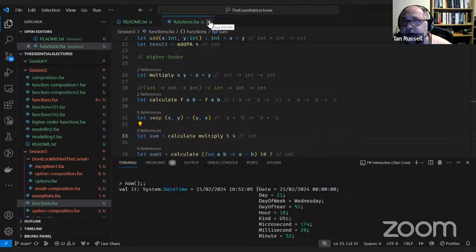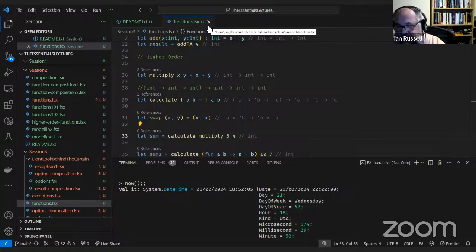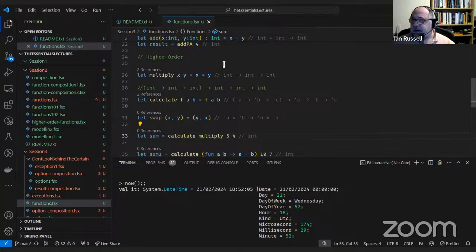So that's functions. At the moment, we're going to look mainly at signatures, and as we move through, we're going to look more and more at what functions actually do, and actually working with functions rather than just simply composing them together. At the moment, we're primarily looking at how do we build bigger functions out of smaller functions. But as we move through this, we'll actually start making functions that are useful rather than just trying to compose them together.